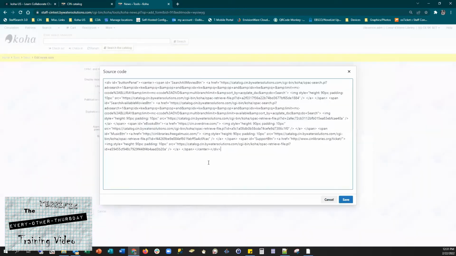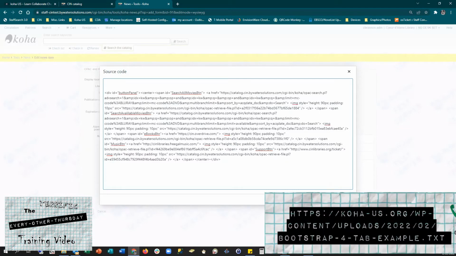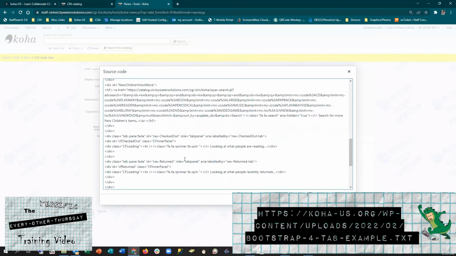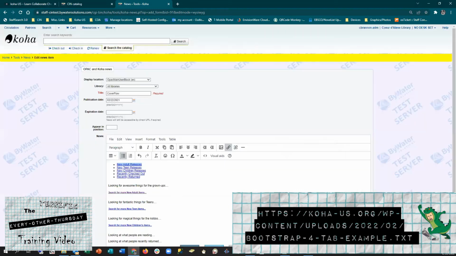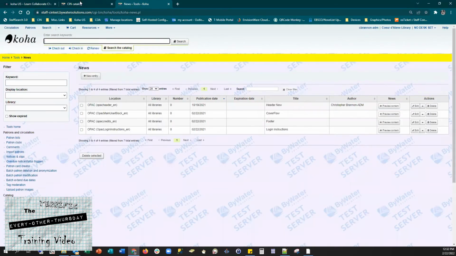But I'm going to go into the HTML, drop that down a little bit. I'm going to go grab my code real quick, save that in there, and it doesn't look like much right here. You're not going to see the effects of it in the editor, unfortunately. I'll submit that and